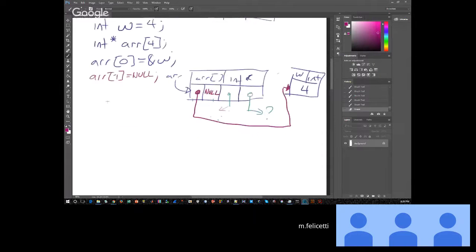So that's all good. Now, if I go r0 equals null, basically it gets rid of this pointer to w. And now it doesn't point at anything. Okay, so for our checkerboard example,